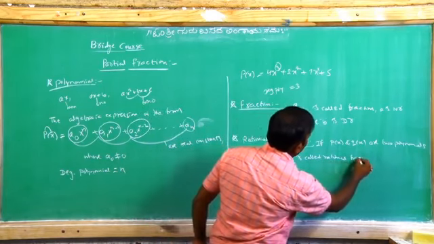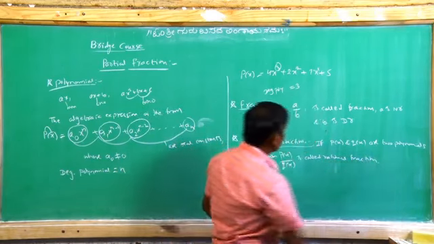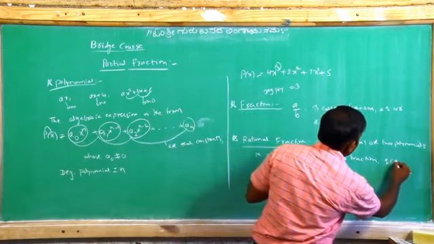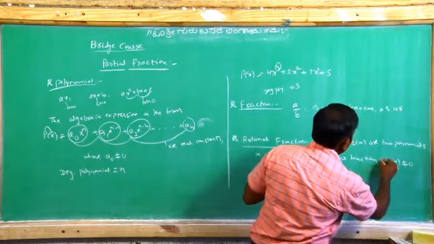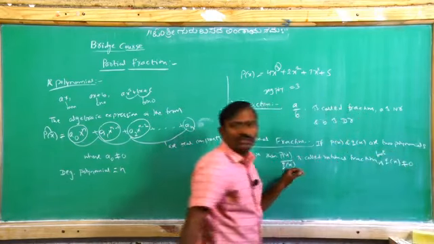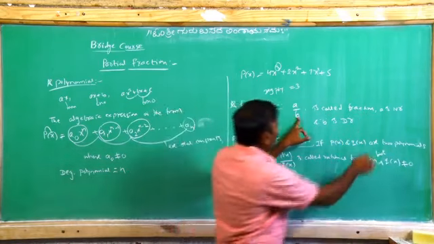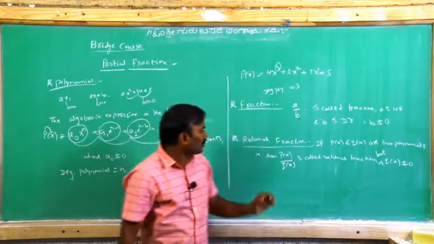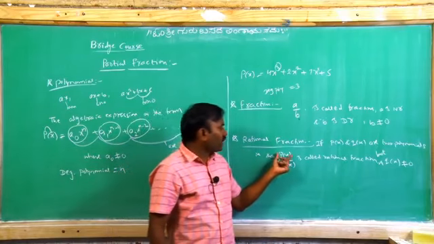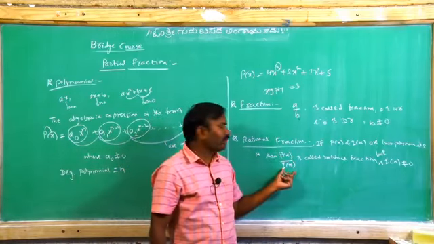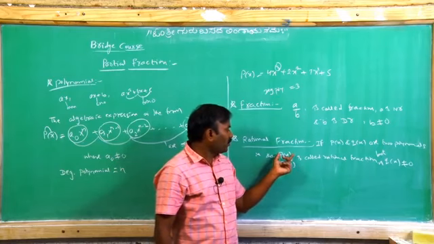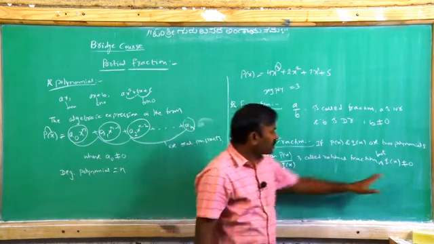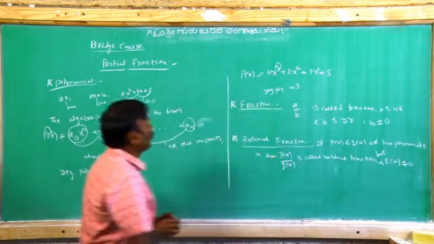Is called a rational fraction, but q of x not equal to 0. This fraction definition condition is b is not equal to 0. So what is the rational fraction? P of x and q of x are any two polynomials in terms of x. P of x by q of x is called a rational fraction. The condition is q of x must be not equal to 0.